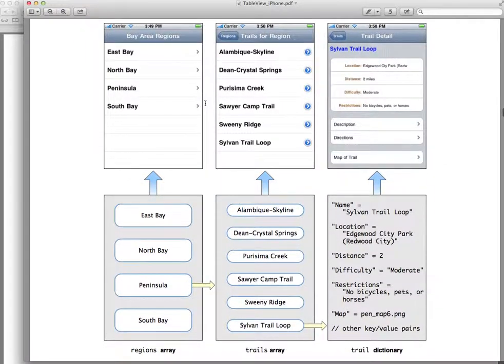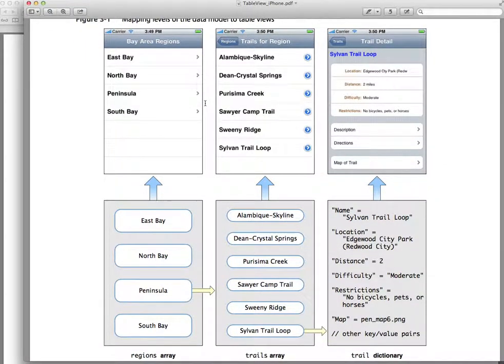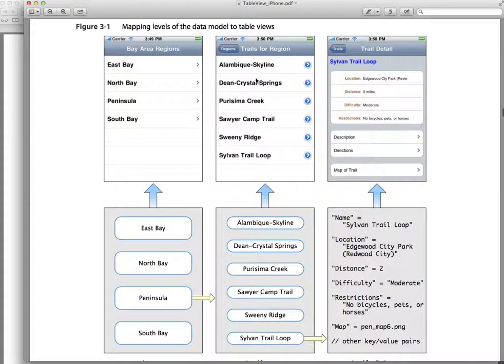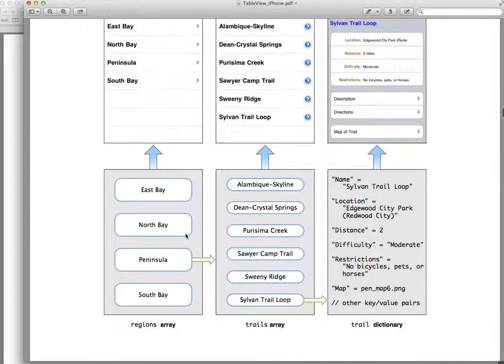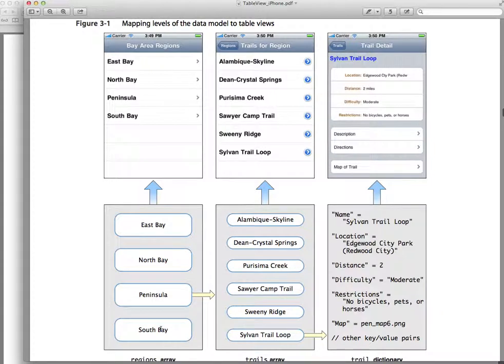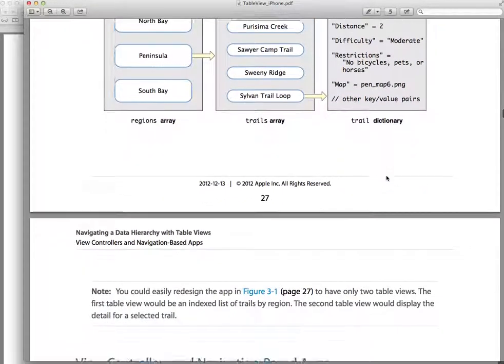So here is that. Yeah, I was looking for something like this. So here I'm mapping the different levels of data models, and we can use a data model with a dictionary or an array. We're going to be using an array for our project in here, and you can see how things can be progressed. You can have the table view controller representing a collection, and inside that collection you can have another collection, and inside that collection you can have detailed information. And here is how that can be laid out.